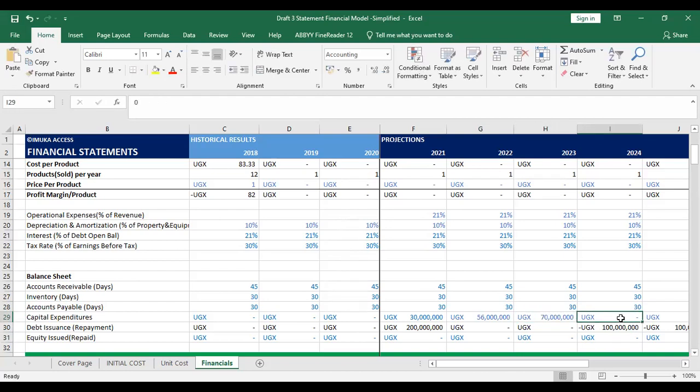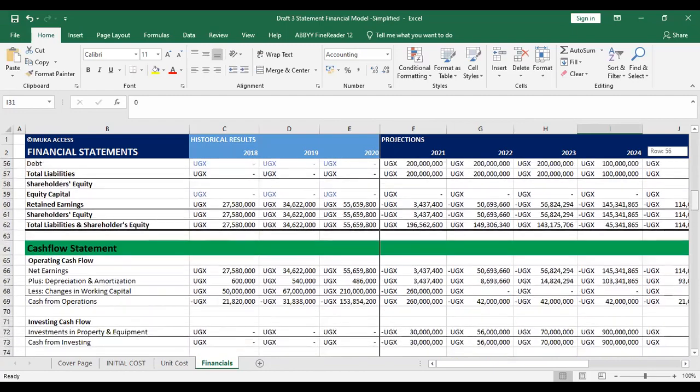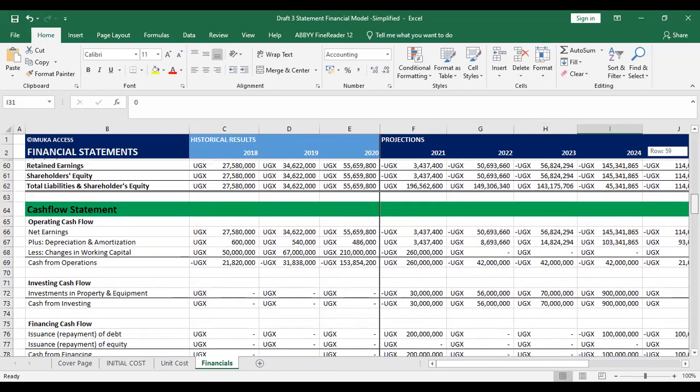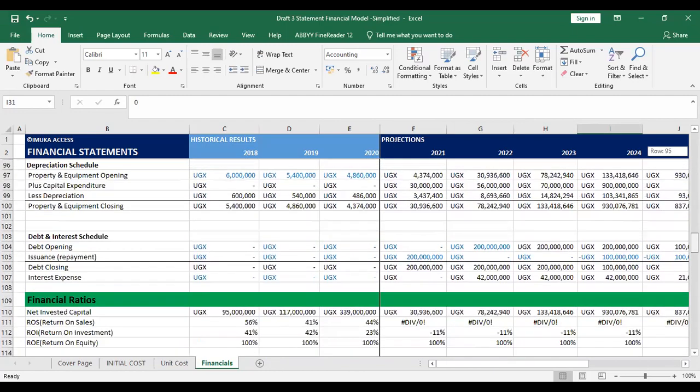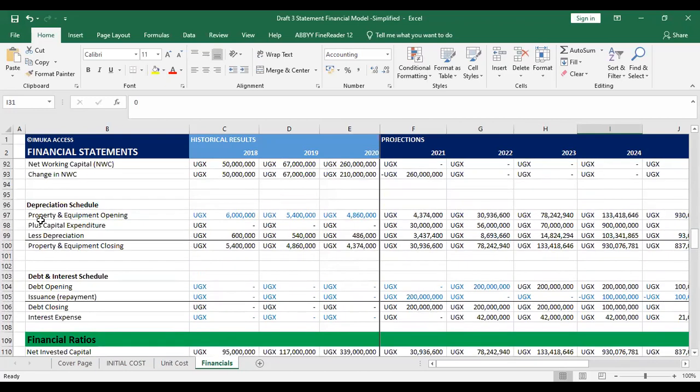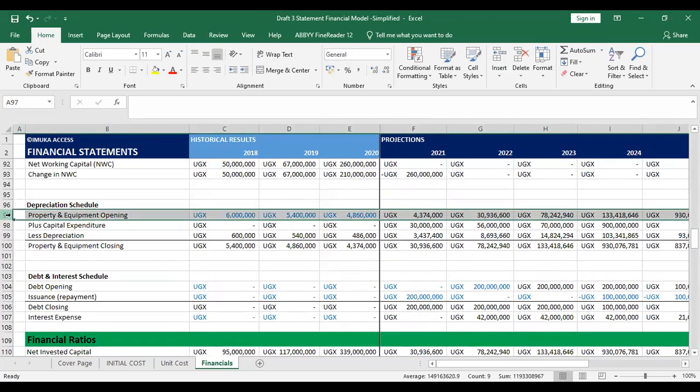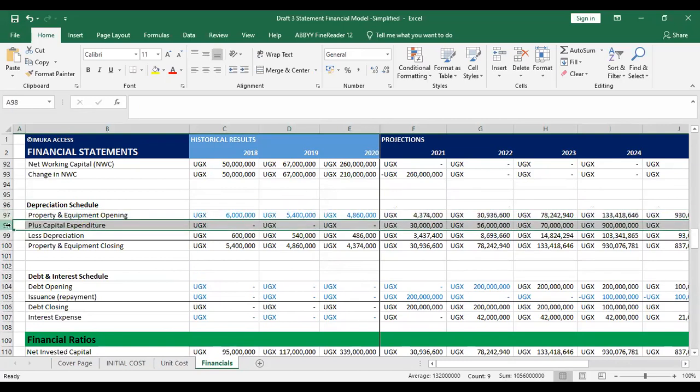And then I say here I'm going to buy things worth 90 million. When I put that as capital expenditure, down here, it is on the schedule. It's going to show me my depreciation. Okay, you see? Sorry, down here, where's the schedule? Yeah, so as you can see, it has already filled. I'm going to buy this property, okay? And with this I'm going to buy this. This is my property I'm going to buy. As you can see, it has already put the numbers, and then